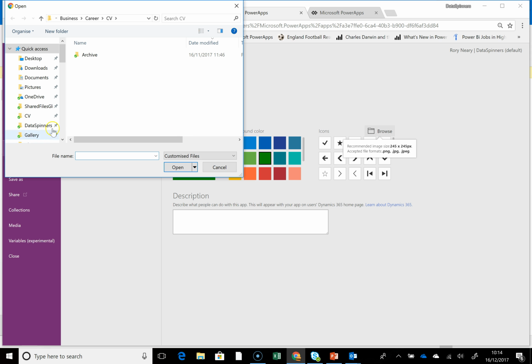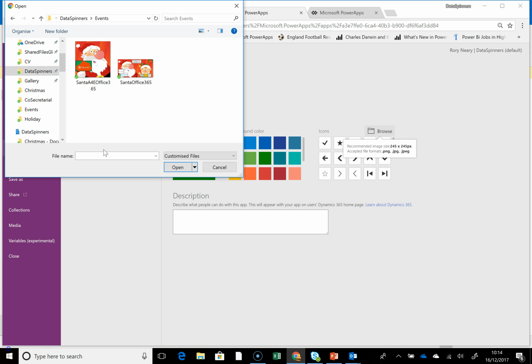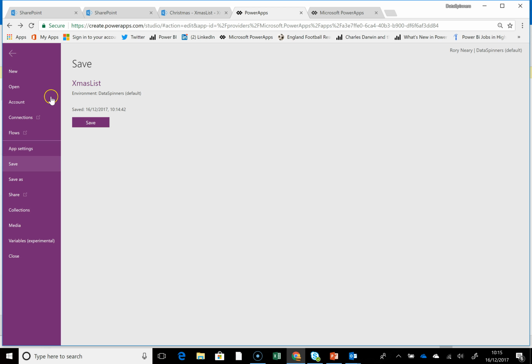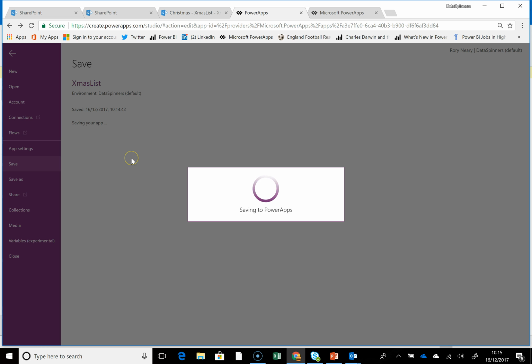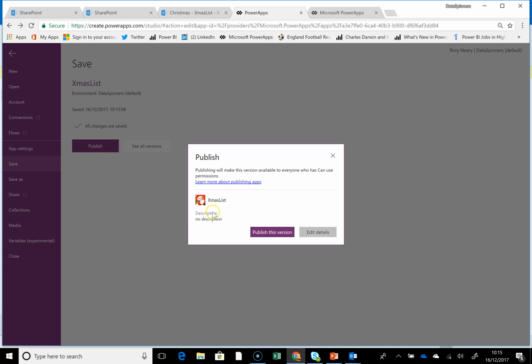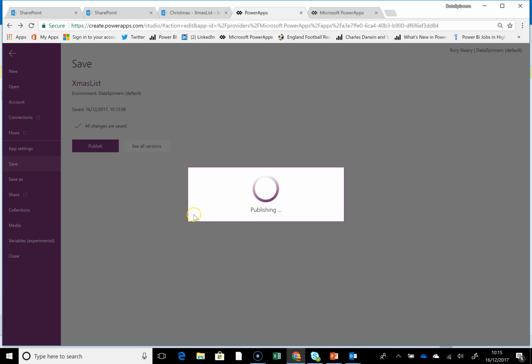Now I have put this in some obscure location. Yeah, so I've found my location here. It's this file here. You really want to go for square images essentially. So I'm going to hit the OK button on that, and then curiously you have to go back to where you kind of came from. You then save it again. And then you go to publish. Yeah, you can see that the icon is going to be okay now. I'm going to hit publish this version,